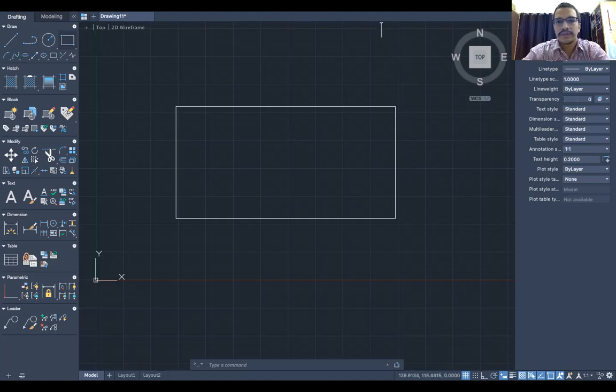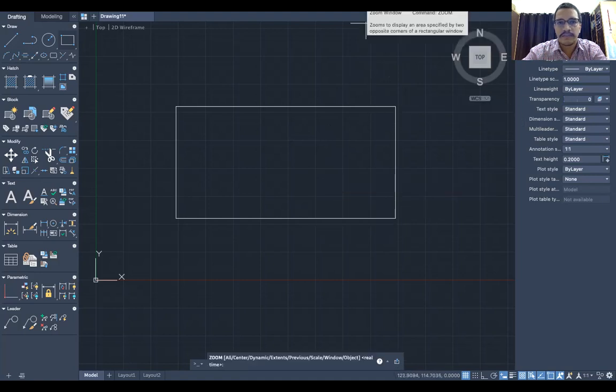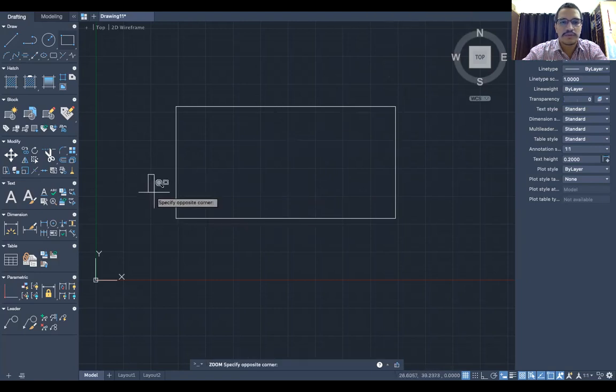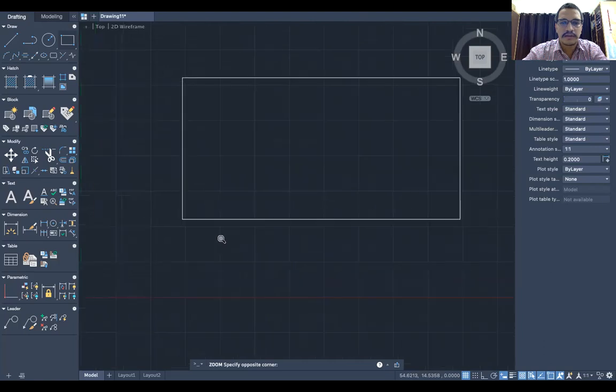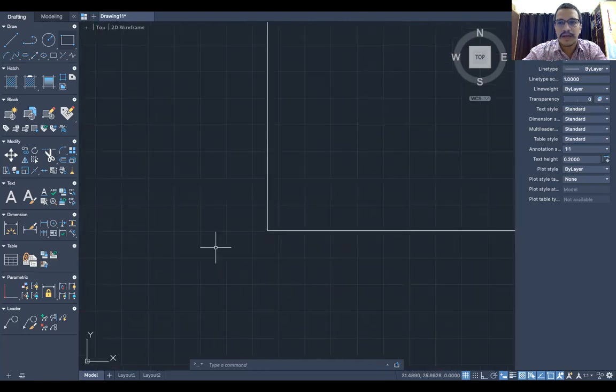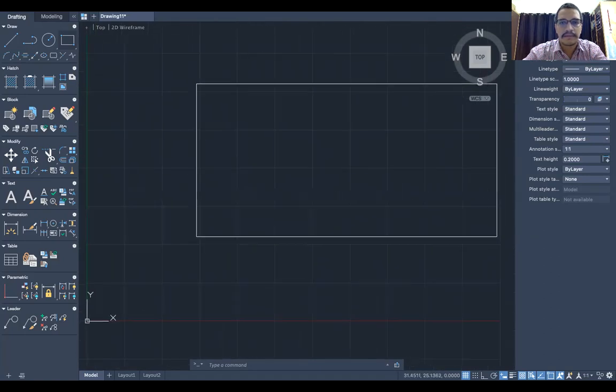We will see them one by one. Firstly, zoom. The shortcut key for zoom is Z. Just press Z and zoom, and as you can see, it will automatically appear. Either you can select from this navigation part. Just click on the navigation and whichever area you want to zoom, select and drag that area. For example, I want to zoom into this particular section, and as you can see, it has zoomed the area which you have selected.